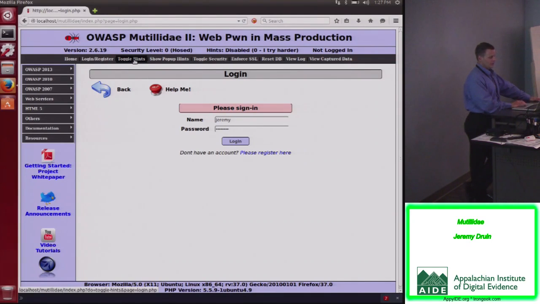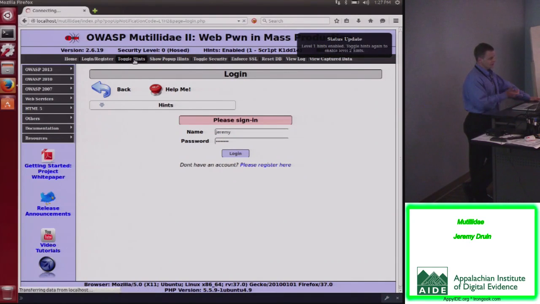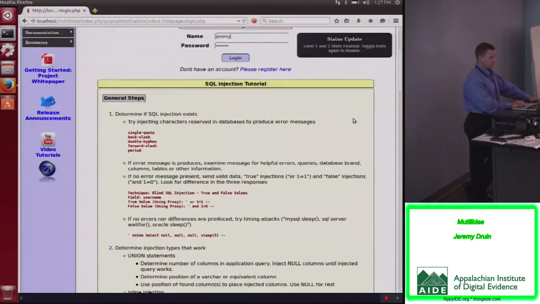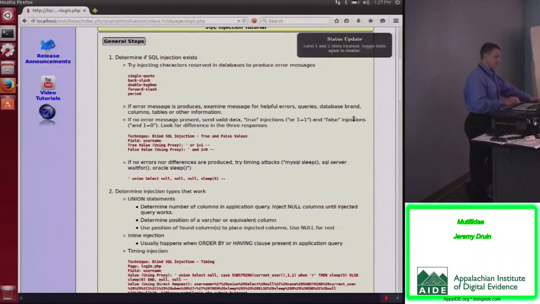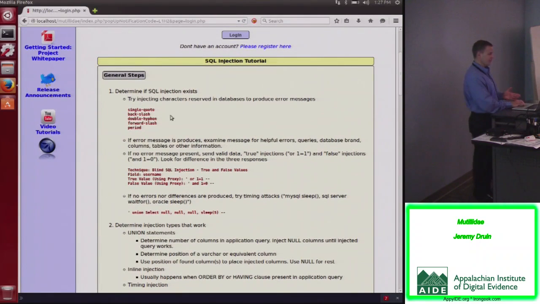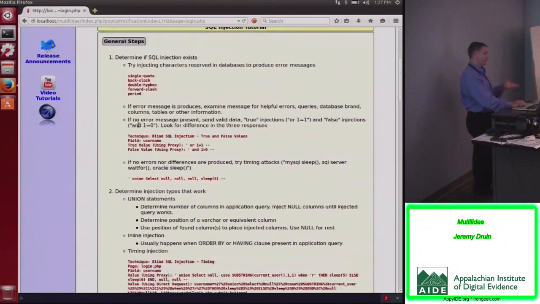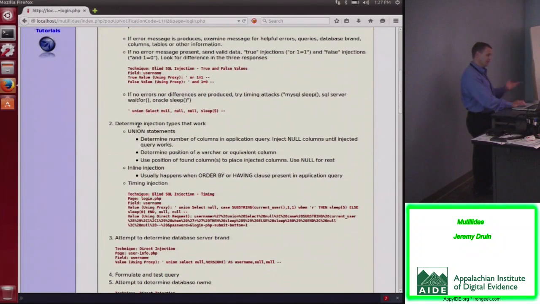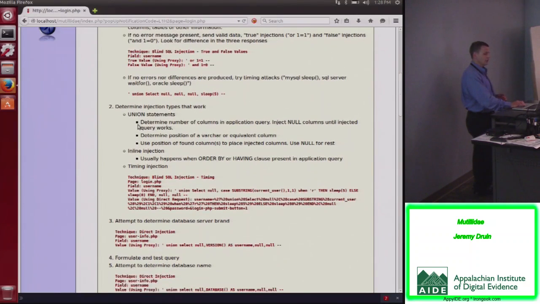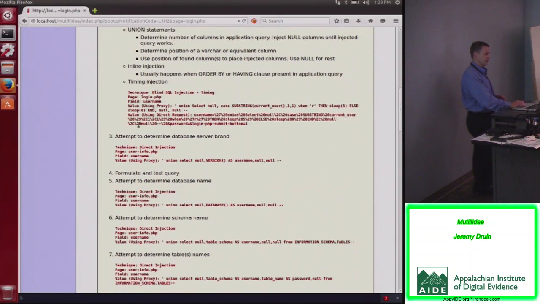Now if that help wasn't enough, if you hit the toggle hints button twice, and I don't know, maybe I shouldn't tell you this since the professor's in the room, but it basically tells you exactly what to do. It literally just says, copy this and copy this and copy this, and you'll get your SQL injection to work. You don't even have to really think about it too much. But the idea with these advanced tutorials, they're only there for cross-site scripting, SQL injection, and cross-site request forgery, because those are really the big 3 that are covered in classes. And then, of course, there's some other ones that might be covered as well, but those are the main ones that everybody's pretty well,